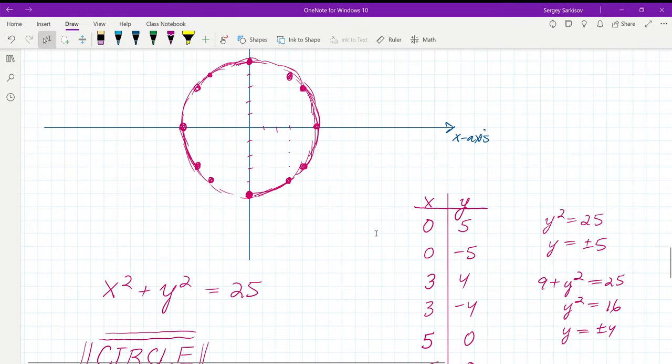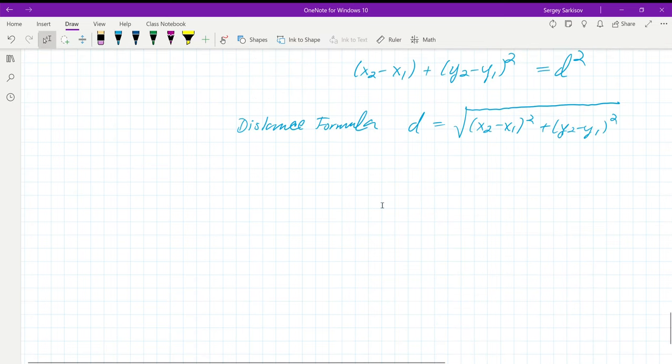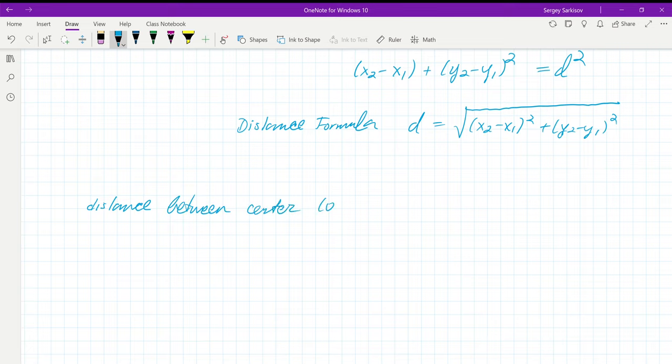If it's a circle, then here's the center, 0, 0, it looks like, and this is a point x, y, any point. The radius looks like 5. If this is a circle, everything will be 5, 5, 5. The radius is 5, again, if it is a circle. But let's check, is it a circle? If the radius is always 5, then the distance between the center, which is the point 0, 0, and any point on the circle, well, we don't know it's a circle yet,